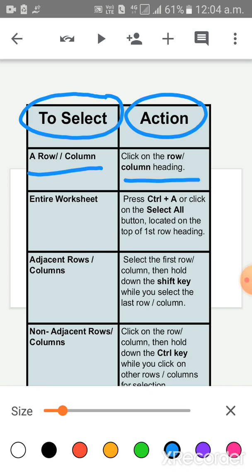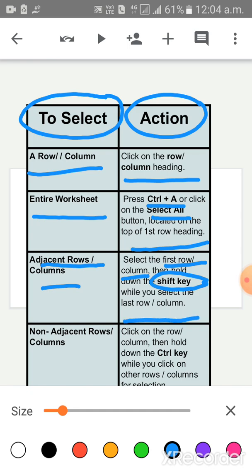To select the entire worksheet, press Ctrl+A or click on the Select All button located on the top of the first row heading. To select adjacent rows and columns, select the first row or column and hold down the Shift key while you select the last row or column.